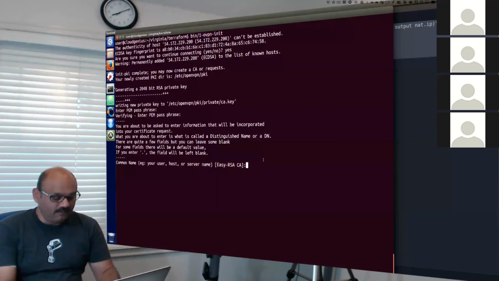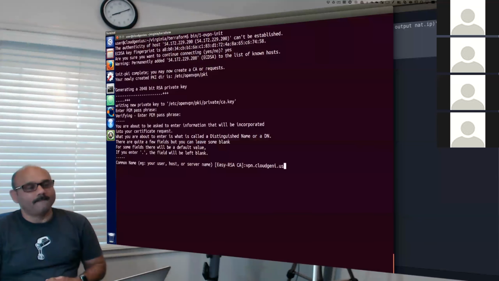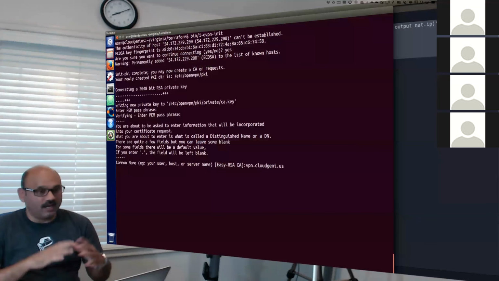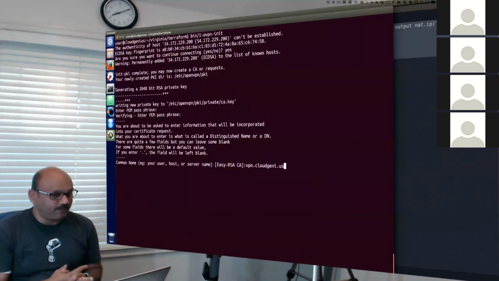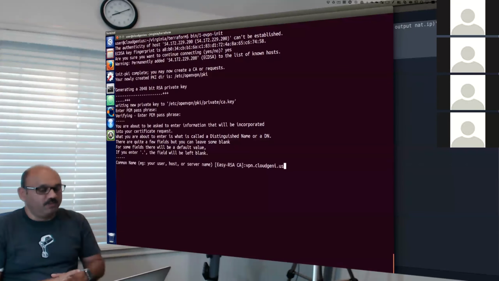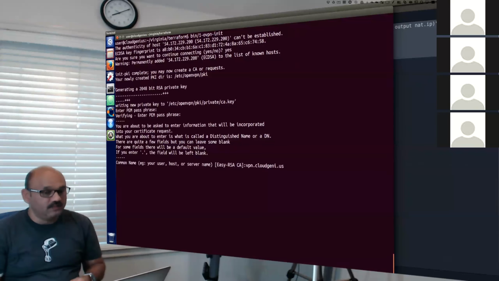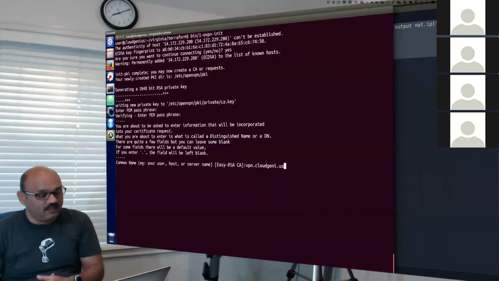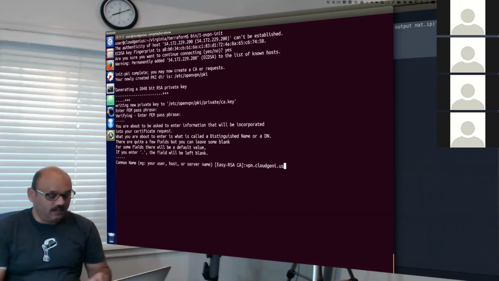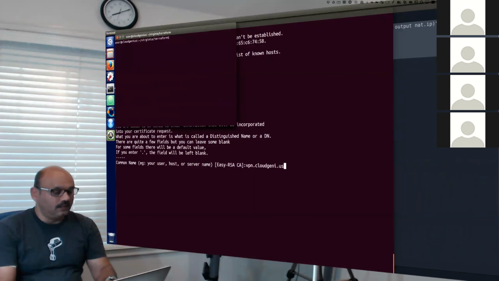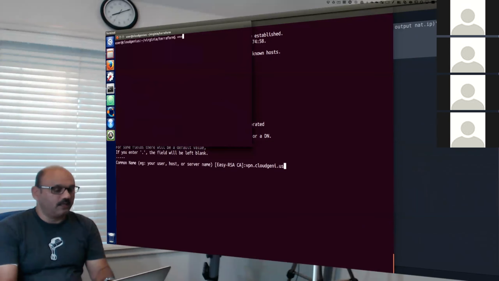Having done that, I can use that name in my command here. And I will say my VPN server is this. That is going to be my company-wide VPN server, which happens to be the NAT box, which is running in my public subnet, which is where I have this OpenVPN software running also. And I'm configuring it with a common name, which I have mapped to this name that I just mapped in Cloudflare.